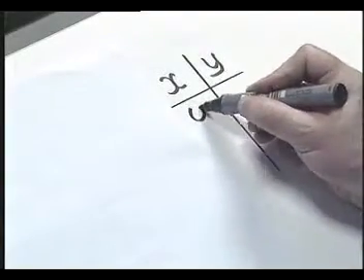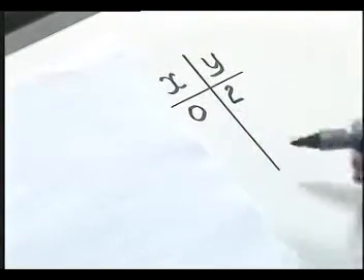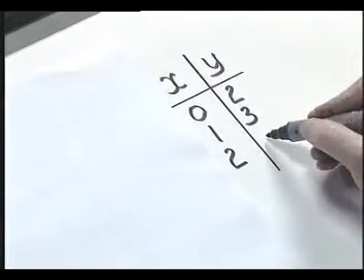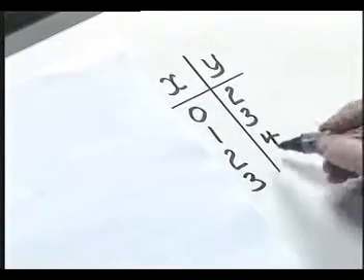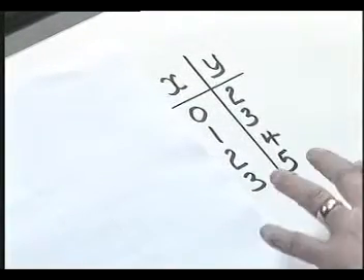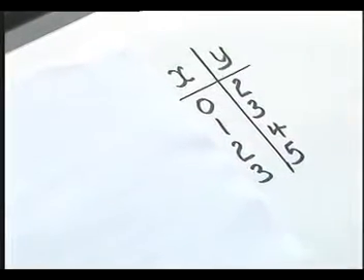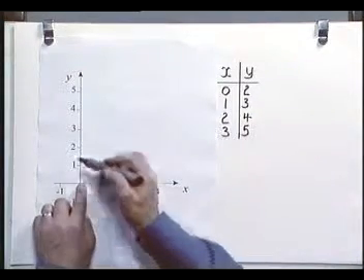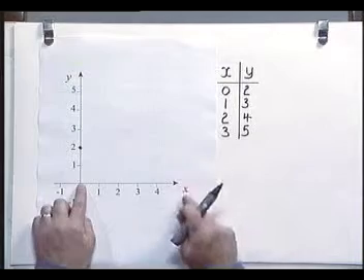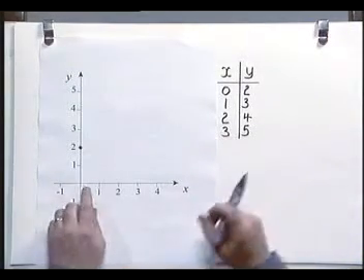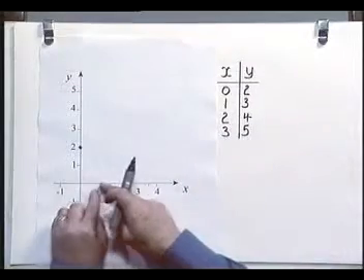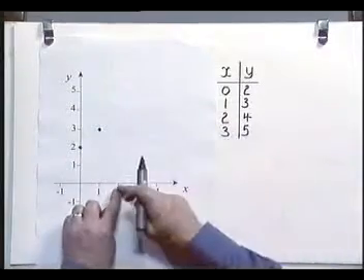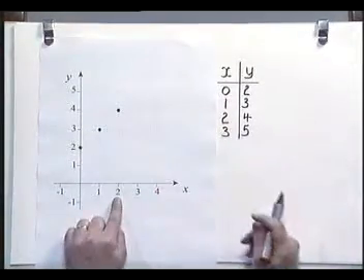So suppose we have a point where x is 0, y is 2, x is 1, y is 3, x is 2, y is 4, and x is 3, y is 5. Let's see what these points look like when we plot them on a graph. The first point, 0, 2, will be here. An x-coordinate of 0 and a y-coordinate of 2. The second point, 1, 3, x-coordinate of 1, y-coordinate of 3. And so on. 2, 4, that will be here. And 3, 5,